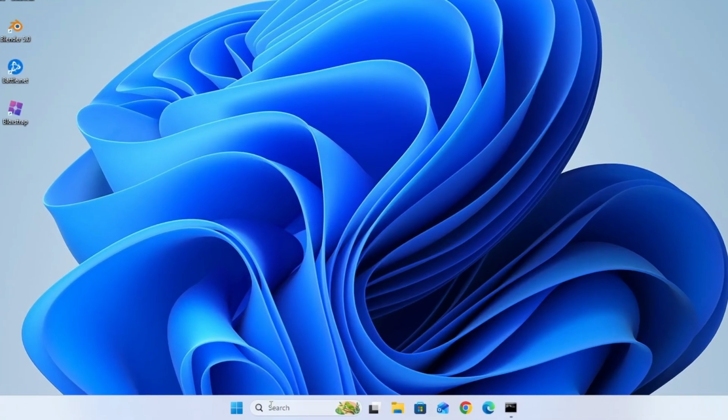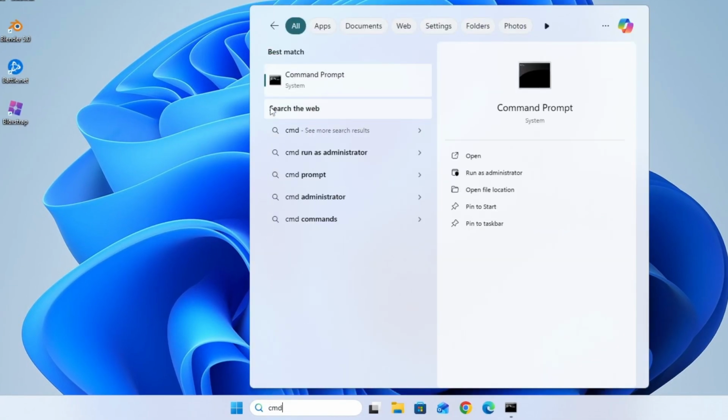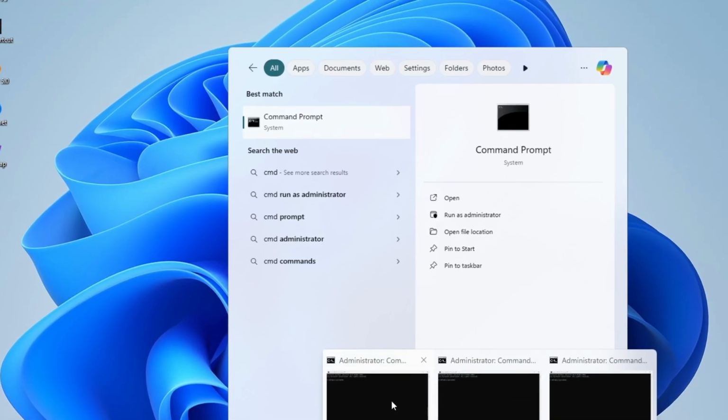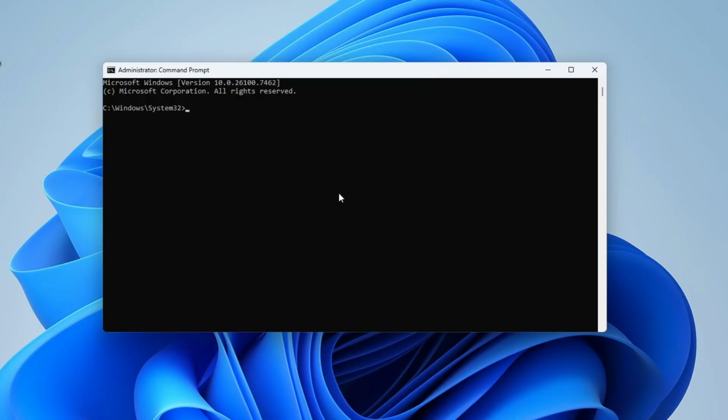Click on the Start menu and type CMD. When the command prompt appears, right-click on it and choose Run as administrator. If Windows asks for permission, click Yes. When the command prompt window opens, type this command carefully: